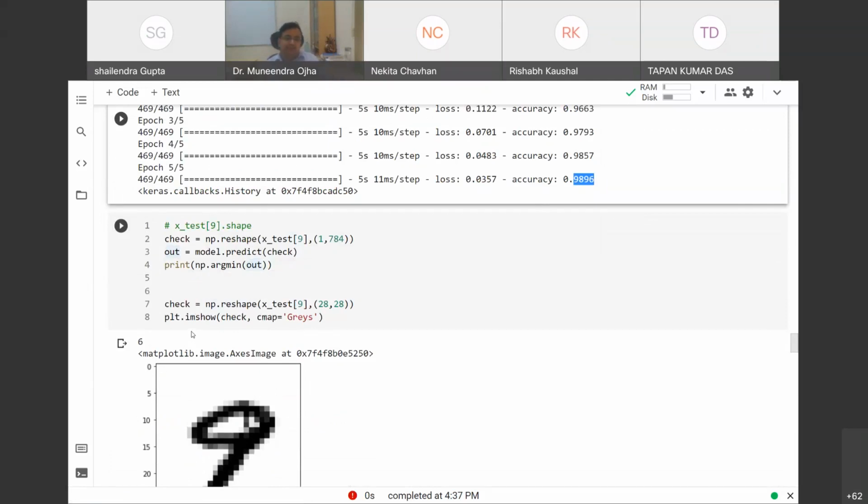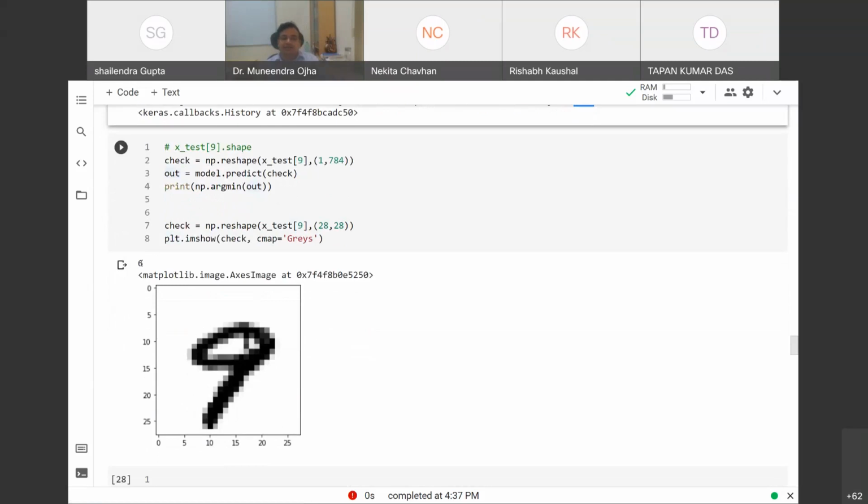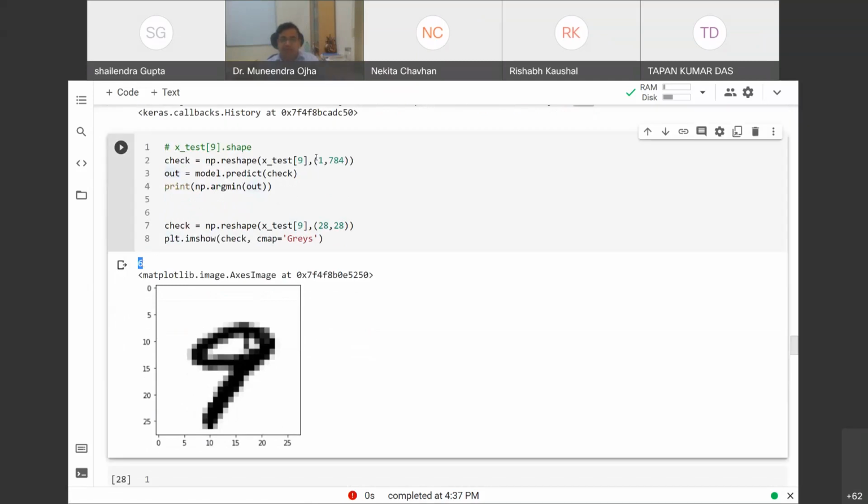This is the image of 9, which is classified as 6. You see, the 6 is the output. When I run model.predict, I get 6, but the image is of 9. So errors are still there, but I'm not here to tell you how to remove the error, but to give you a glimpse of how we can create machine learning models on Colab.